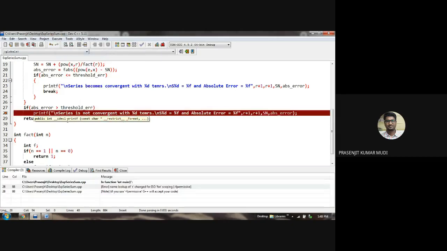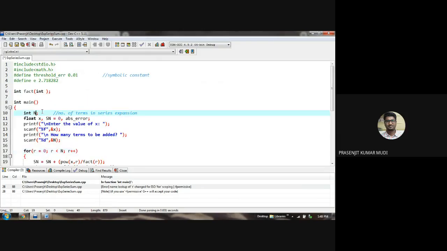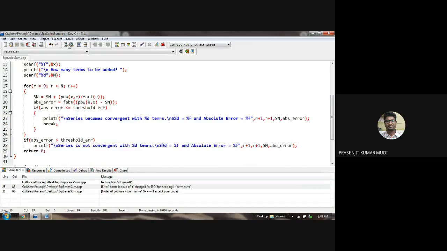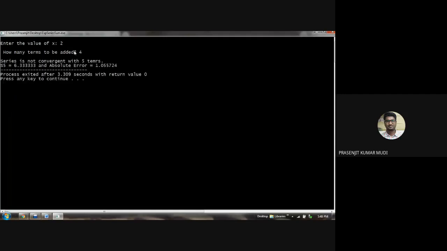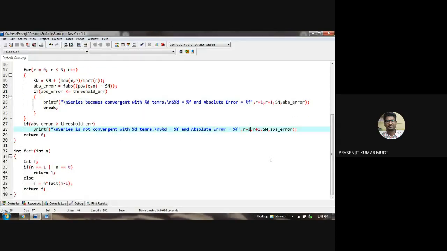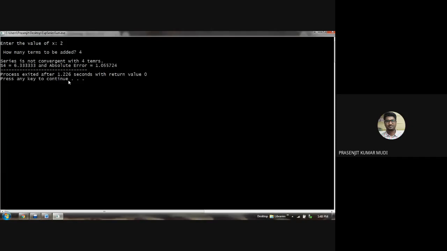Let's say four. The series is not convergent with four terms. How many terms do we want to add? It is r plus 1, it should be r. Right. So series is not convergent with 4 terms, and S4 is equal to